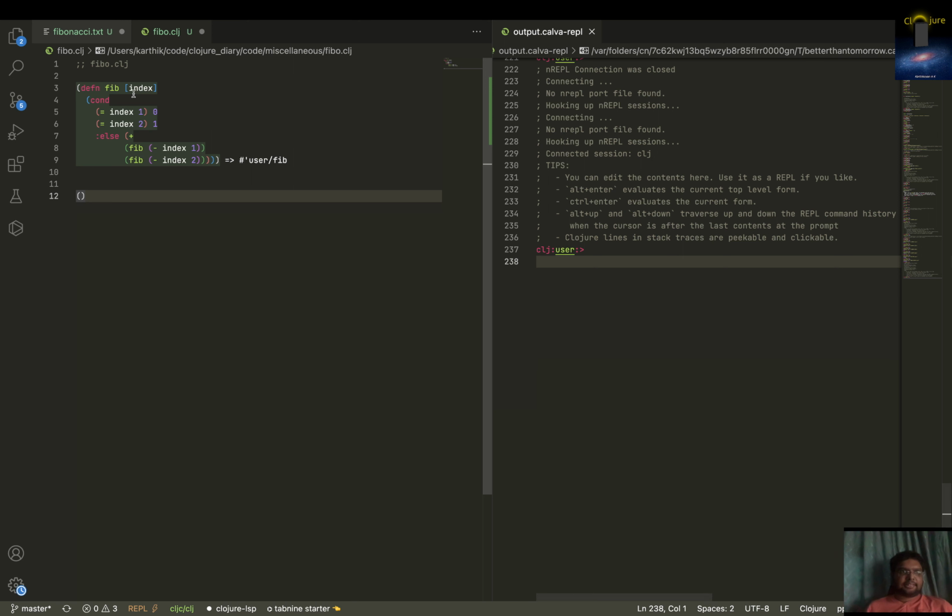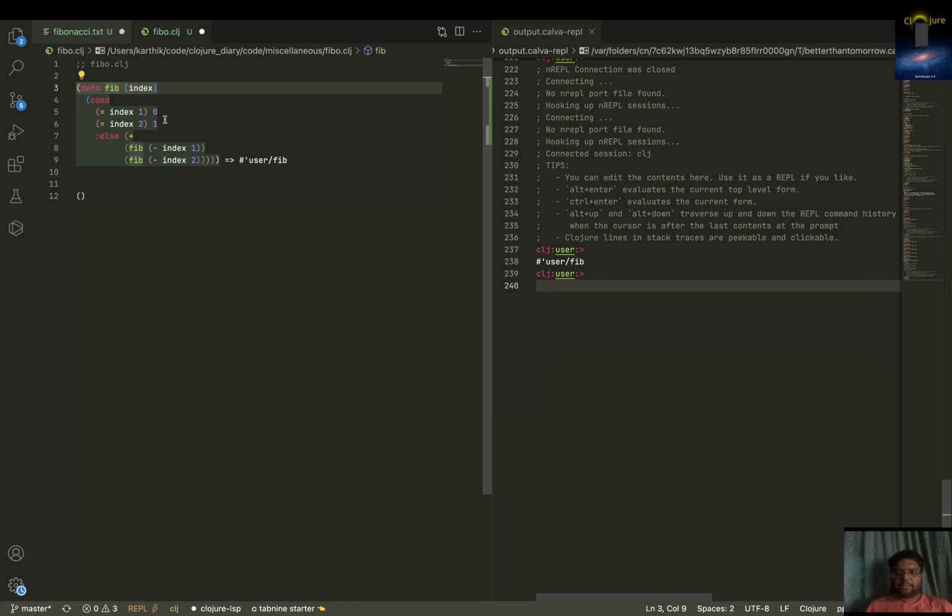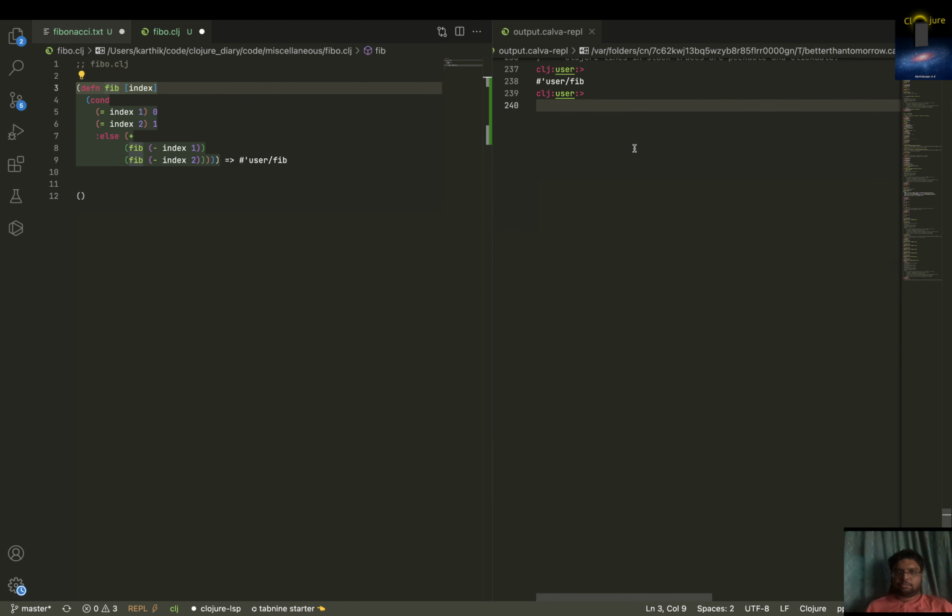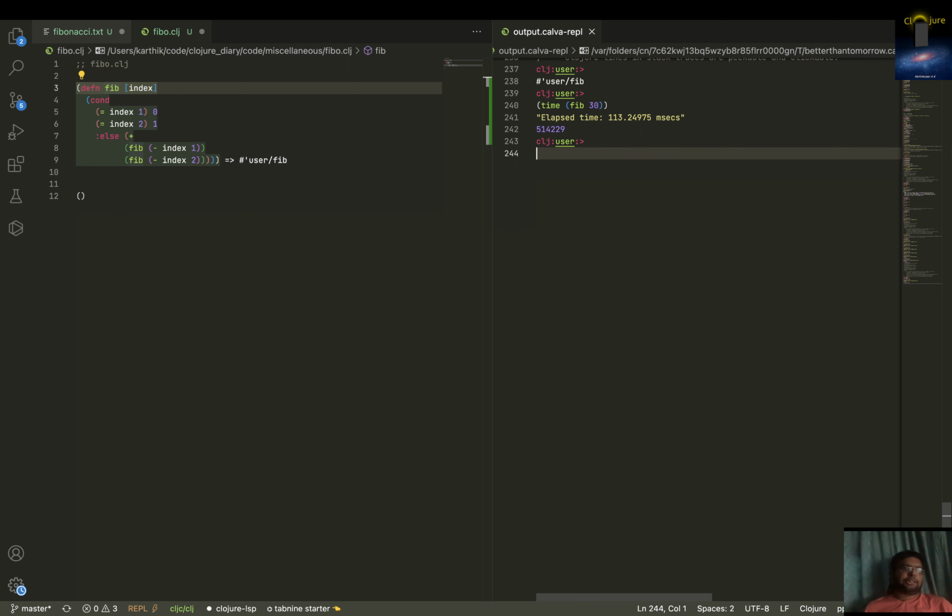Okay, so let's run this. 40 is the high mark, so 30 is safe. Okay, so time fib 30, right? Okay, 113. Okay, so there is a thing called, in order to make it work even better,